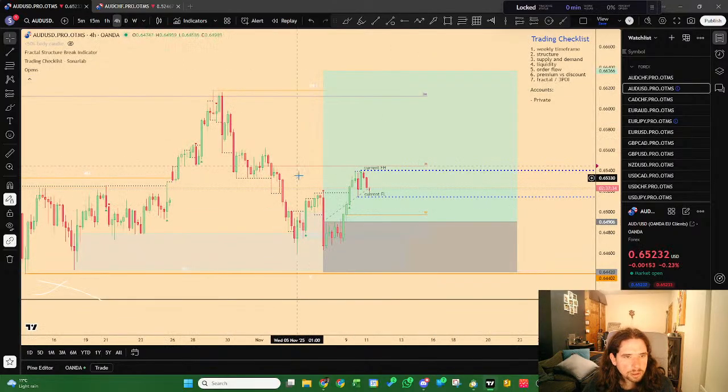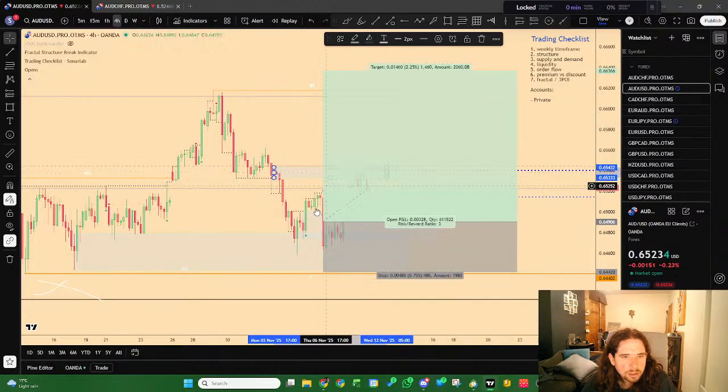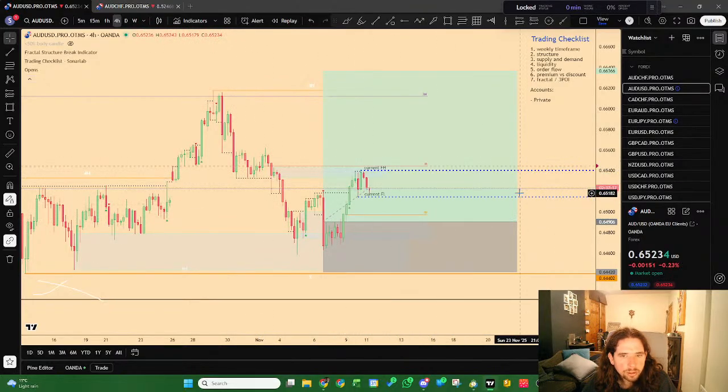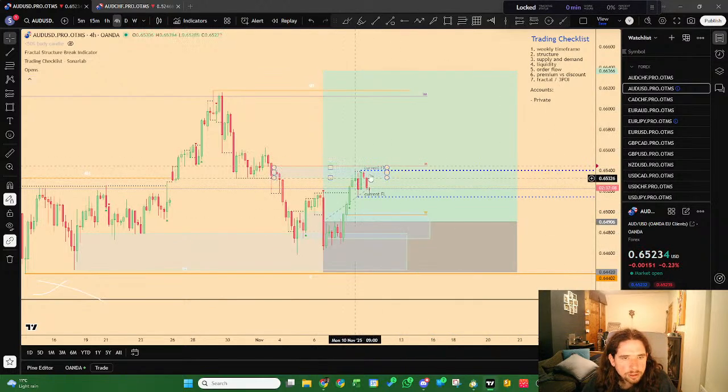Let's get into the smaller one here. So yeah, it's just reacting to this little bit of liquidity, this area of supply here. We'll see if it's able to break through that. It just needs to react to that there, and then if it does break through that, it's this one here. This one might be a strong area of liquidity, so I might be looking to